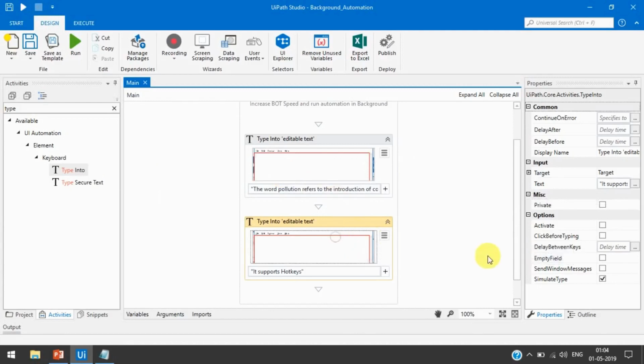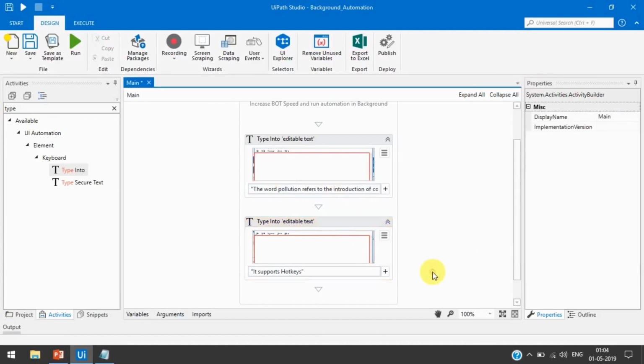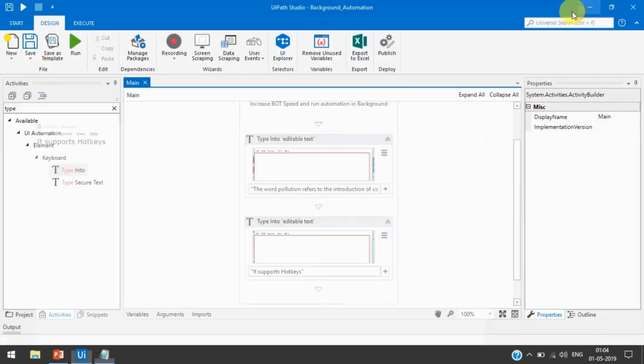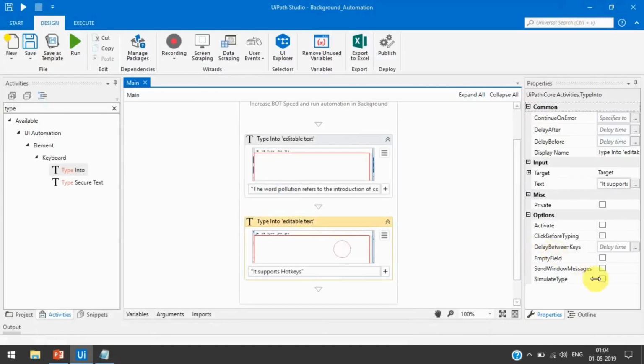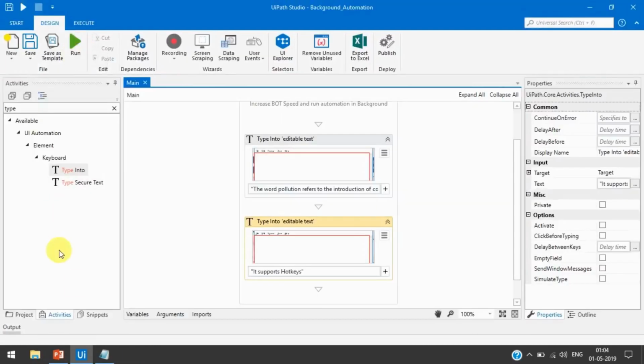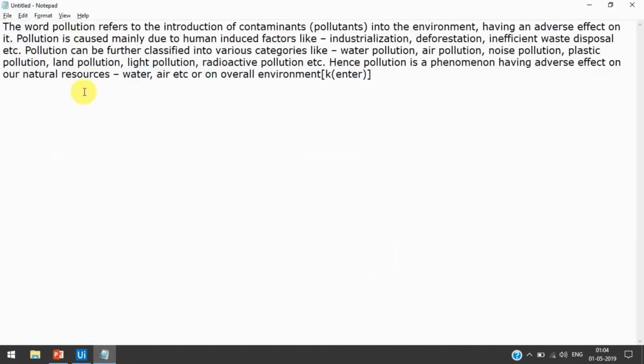Now here, if you remove this one, and then run this, next time it means I have not selected this, so it will just write there without emptying the fields. And now run this. So now you can see here the data has been typed here, and now here it is showing as K enter.